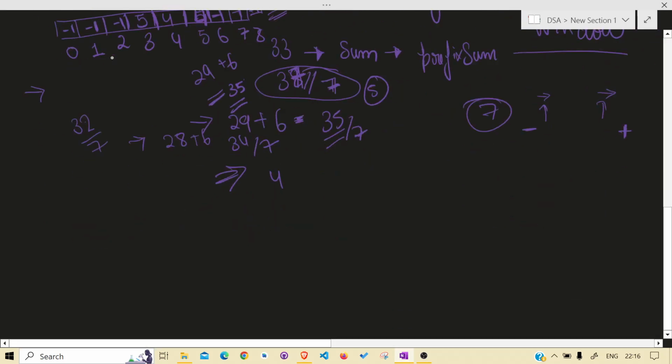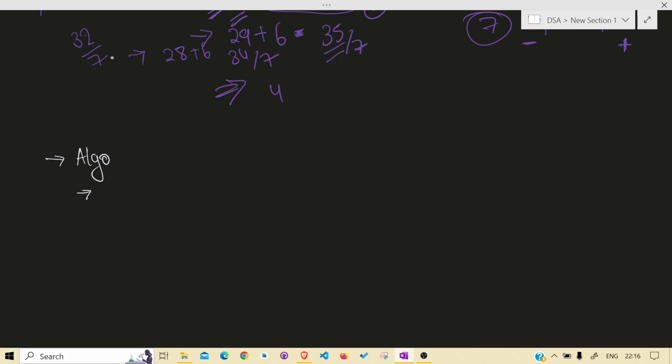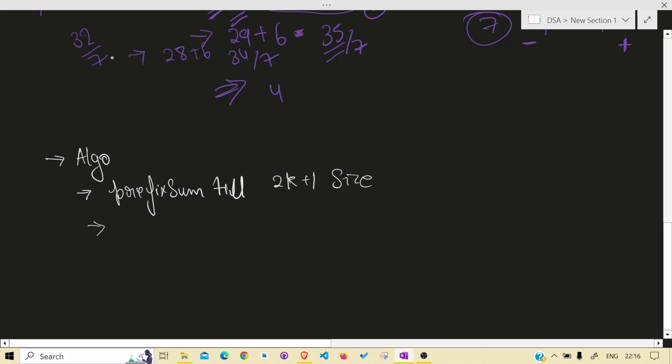So what is the algo? The algo is: first maintain a prefix sum till a 2k plus 1 size window doesn't occur. Then at whatever index this happens, for example at j, at j minus k,